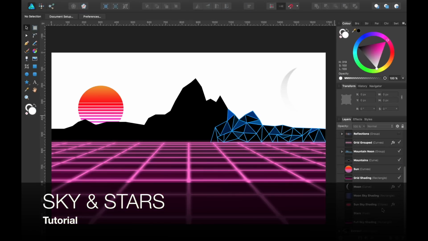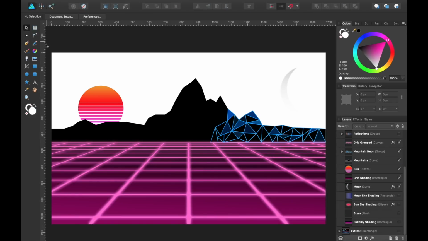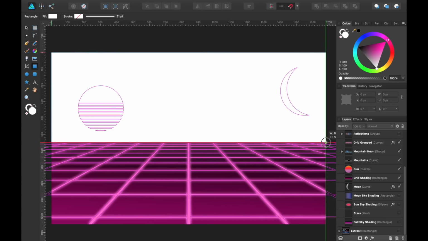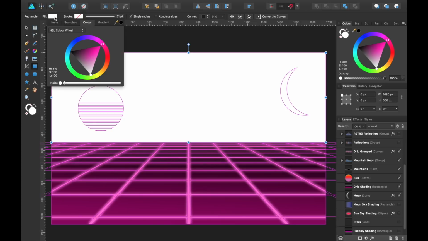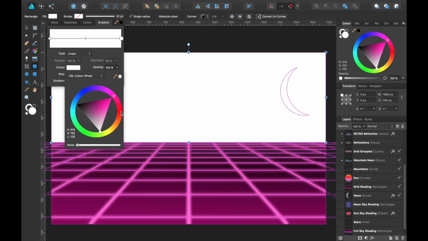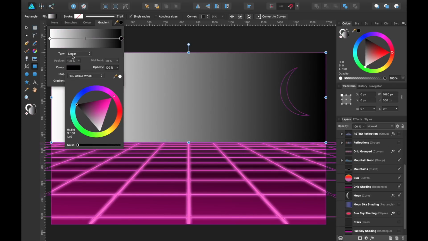Okay, let's create the sky. Now this is a very easy part. Simply click on the rectangle and drag across. Choose the color you want. Let's go for a gradient. Let's go black to pink.